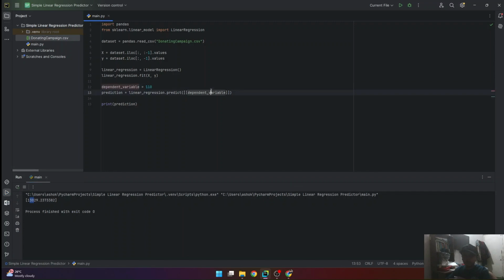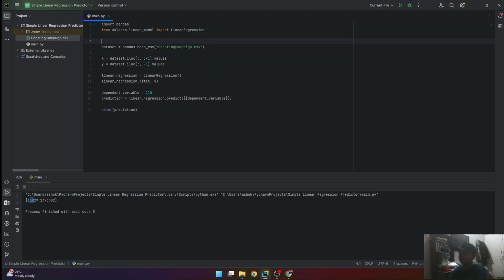So friends, now let's just add some input so that the user themselves can enter the name of the dataset and they themselves can enter the value to be predicted. After this, I'll show you the tables, the plots that is produced from the prediction of the simple linear regression model. But first, let's upgrade our program here.